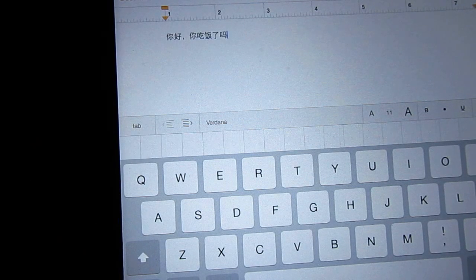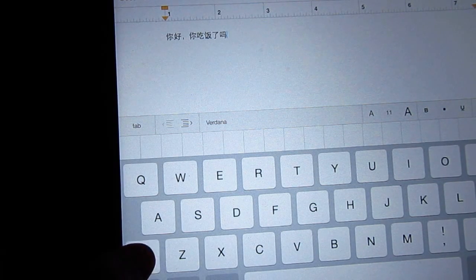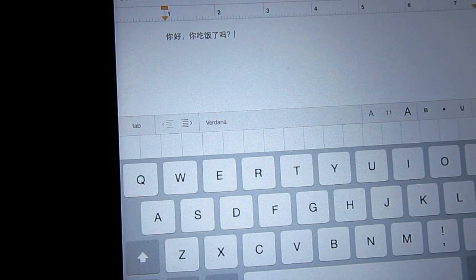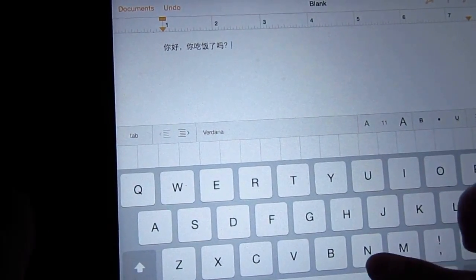No space, no capital, just keep on typing. Okay, so 你好, 你吃饭了吗? 你叫什么名字? The next one. 你